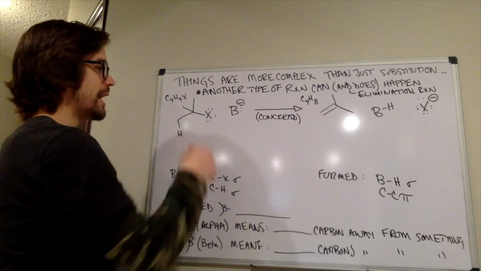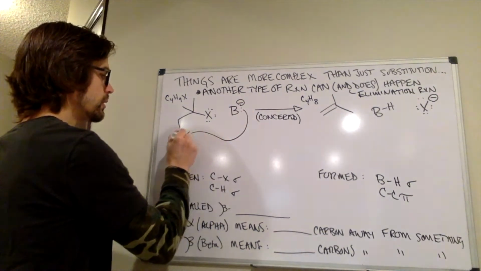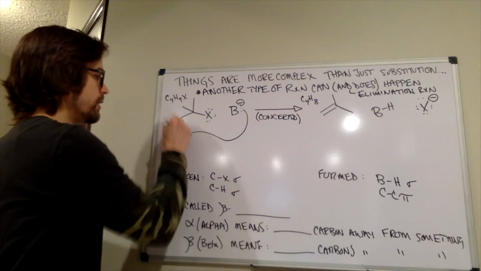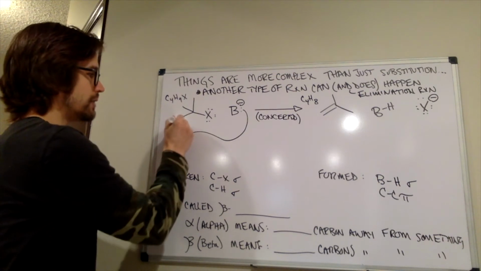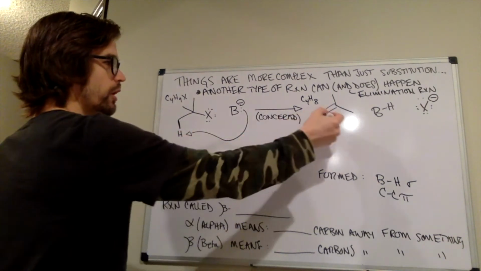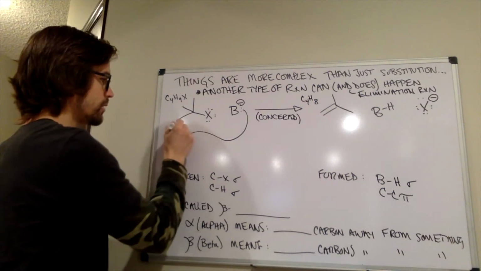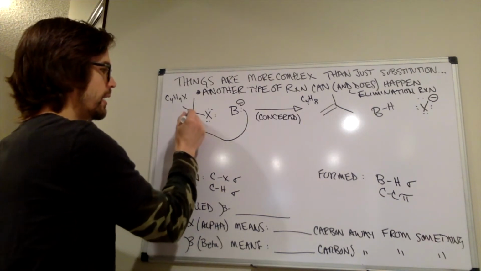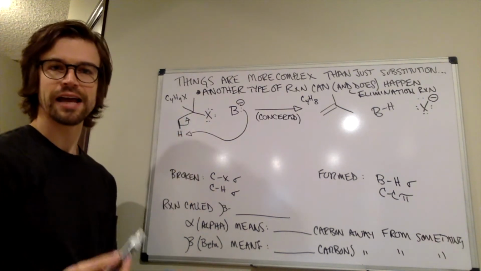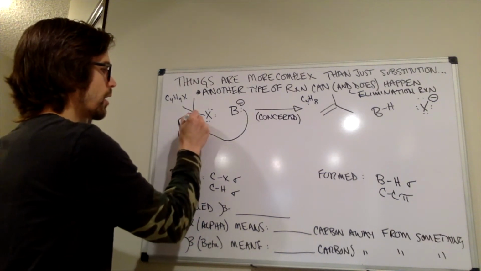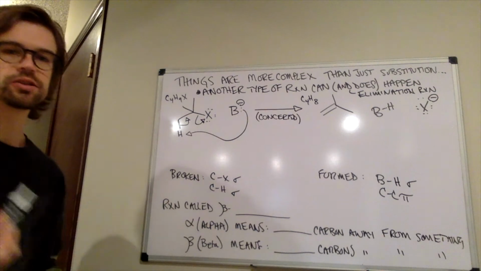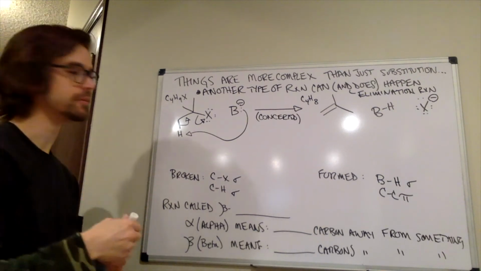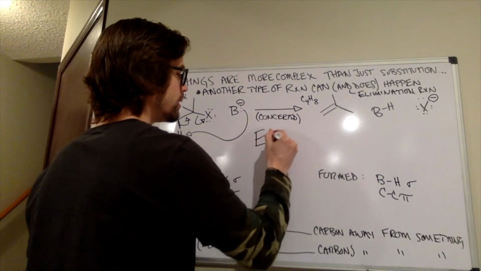Okay, well, we formed a base hydrogen bond. So that has to happen. That base has to give up its electrons to that hydrogen. This carbon hydrogen bond has to break. Where is that pi bond going to come from? It's going to come from those electrons. So we would show the electrons in that bond going to make that pi bond. And in that process, this carbon can't have 10 electrons around it. So the carbon halogen bond has to break. So these are the arrows that would indicate an elimination reaction, and these arrows specifically all at the same time would be an E2 reaction